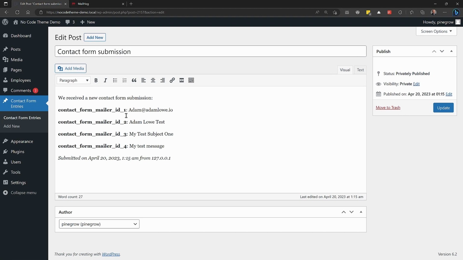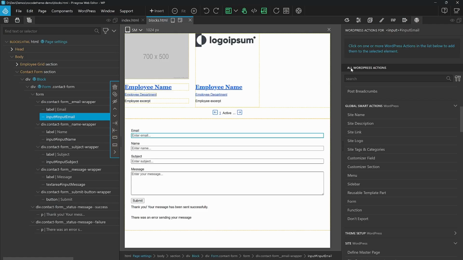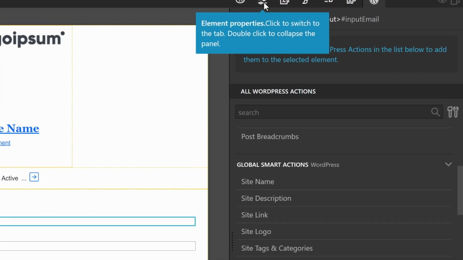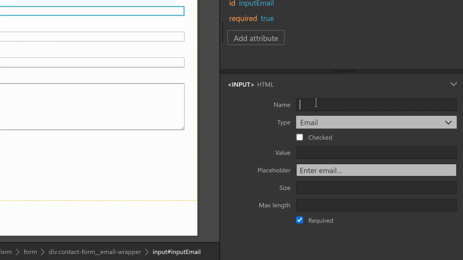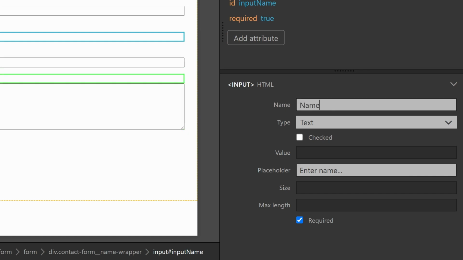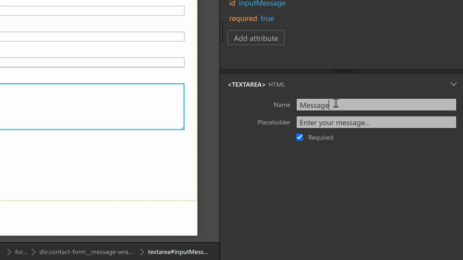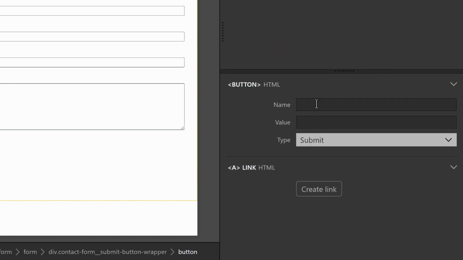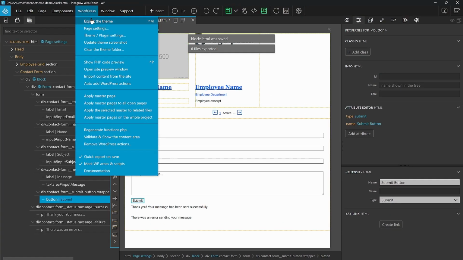Now for these fields, you'll notice that these are pretty ugly labels. So let's come back into Pinegrow and take care of that. And those labels are pretty ugly because they don't have names assigned to them yet. So all we need to do is come in to our element properties and give them names. So email, name, message, submit button, save, export,